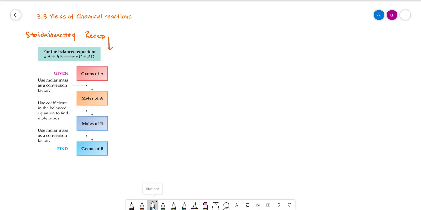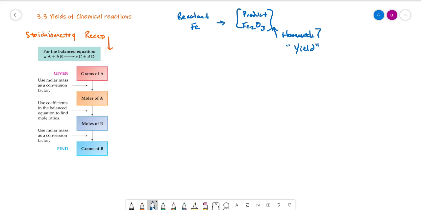All right, so now that we know the basics of stoichiometry, we can ask these bigger questions about if we have a certain amount of product or reactant, like we did in the very first example, burning the steel wool of iron, and we know that that's going to produce iron oxide as a product. How much of this is being produced? That how much question, we call the yield of the chemical reaction. So assuming this goes completely to this, and we know how many grams we started with, that's this concept of